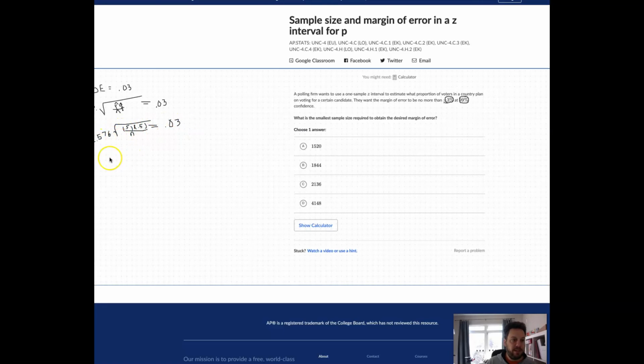I'm going to divide both sides by the 2.576. And so then I'm just multiplying those two in there. And then over here, I'm typing in my calculator 0.03 divided by previous answer, because then the calculator just does all the rounding and stuff for me. So I get something like this, 0.0116. I'm going to square both sides. So 0.25 over n. My calculator, I'm just hitting squared, and I get that e thing again. What it means is